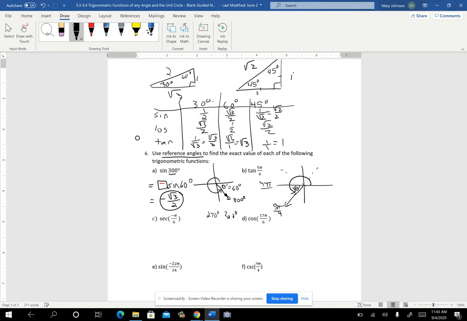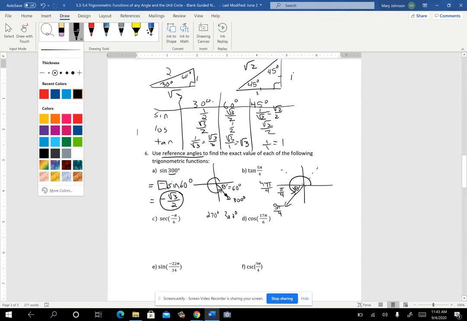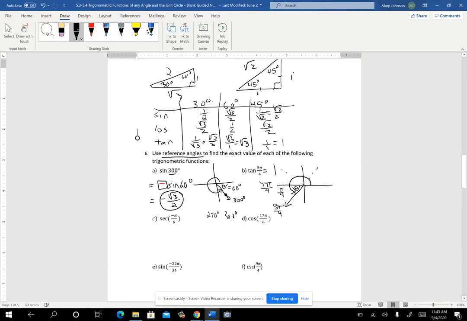Well, that's 4 pi over 4, so this would be pi over 4, wouldn't it? So that means that the tangent of 5 pi over 4 should equal the tangent of your reference angle, but we just got to think about whether tangent is positive or negative in